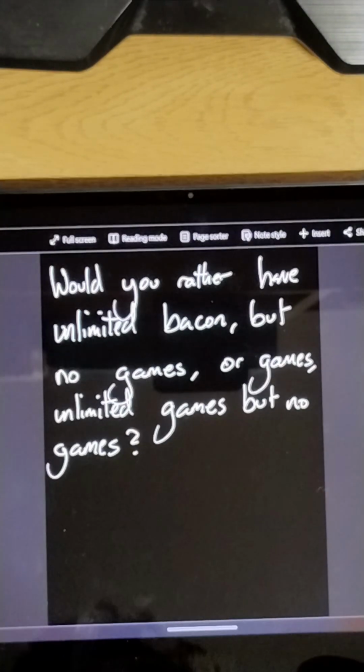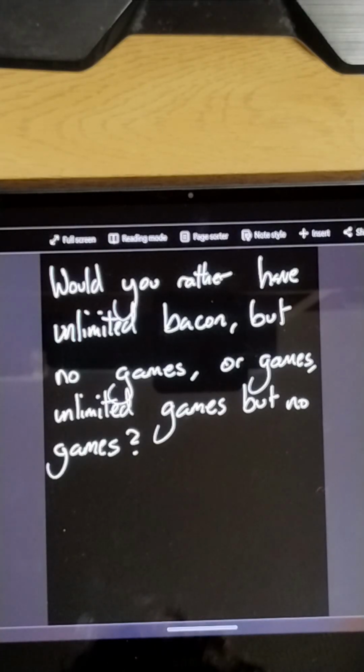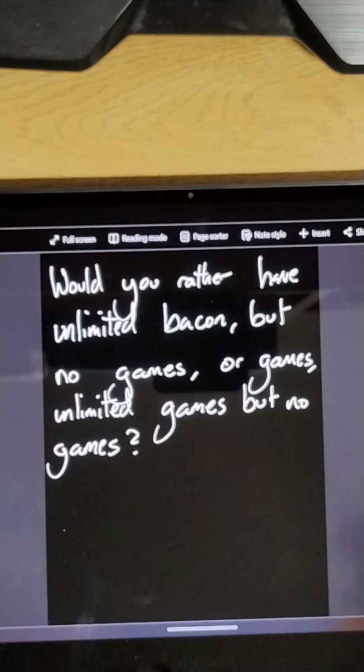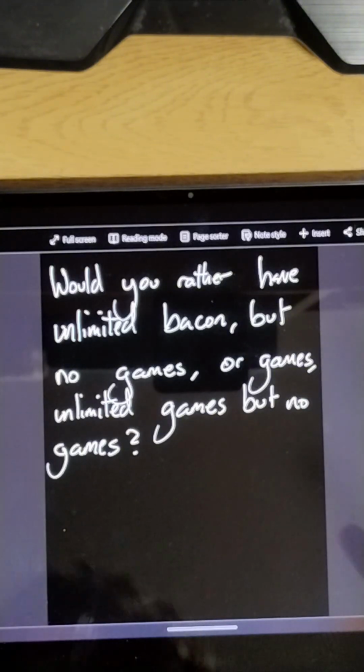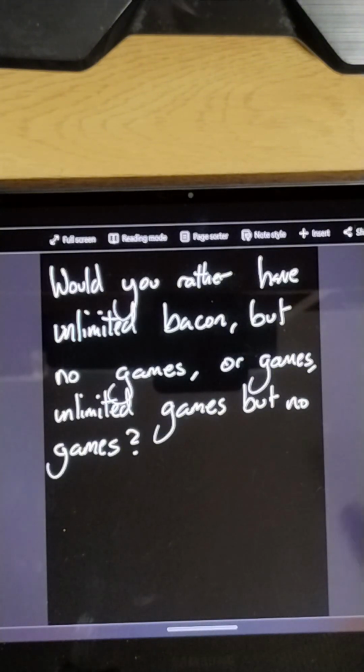At the dawn of time, man has had but one question. Would you rather have unlimited bacon but no games? Or games, unlimited games but no games? People have argued, debated, quarrelled over this question for centuries, and yet still people do not know what the correct